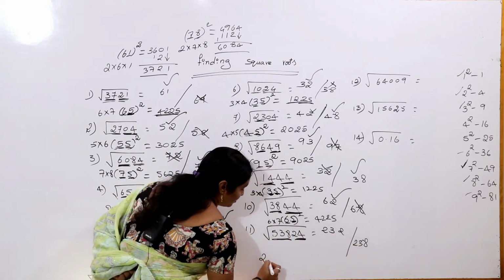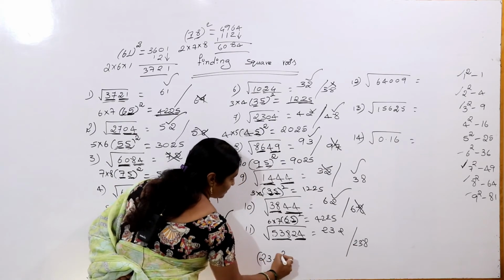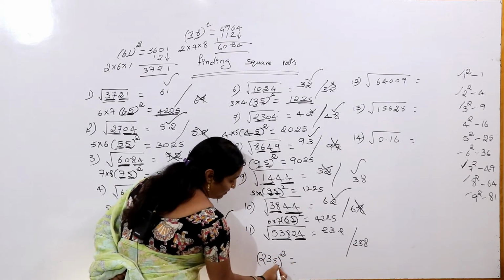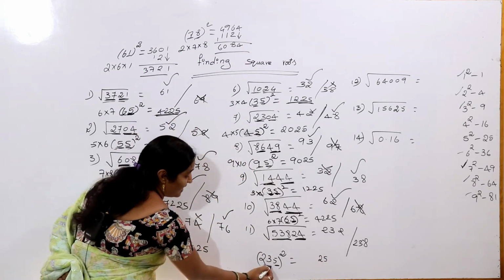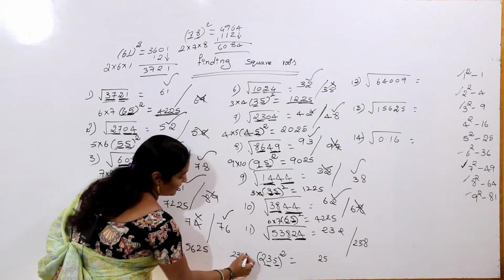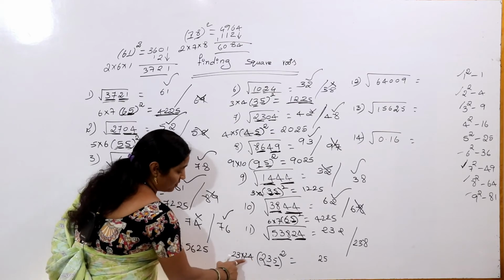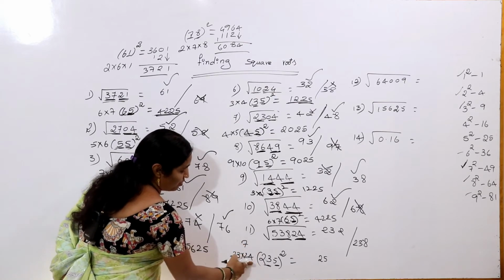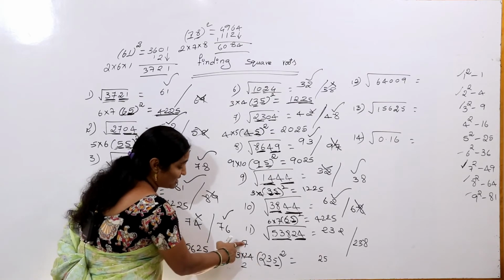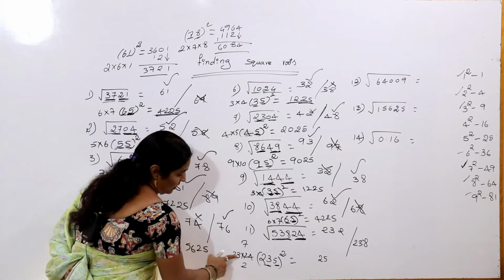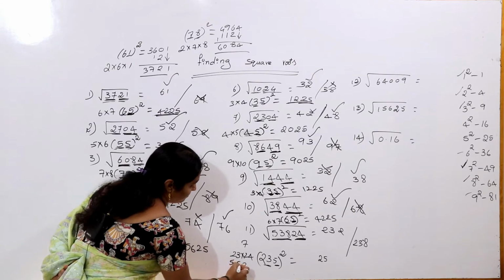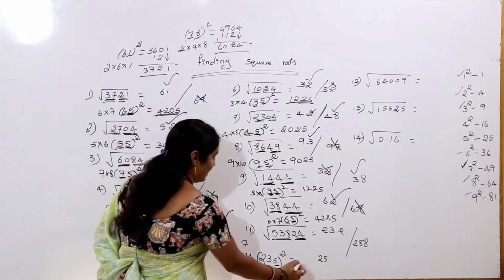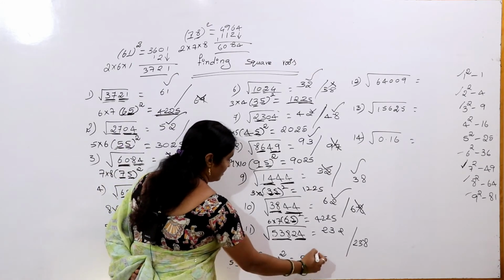Now check for 235 square. Ending with 5 means last two digits are 25. 23 consecutive is 24. 24 threes are 72. 24 twos are 48 plus 5. 48 plus 7, 55. So next digits are